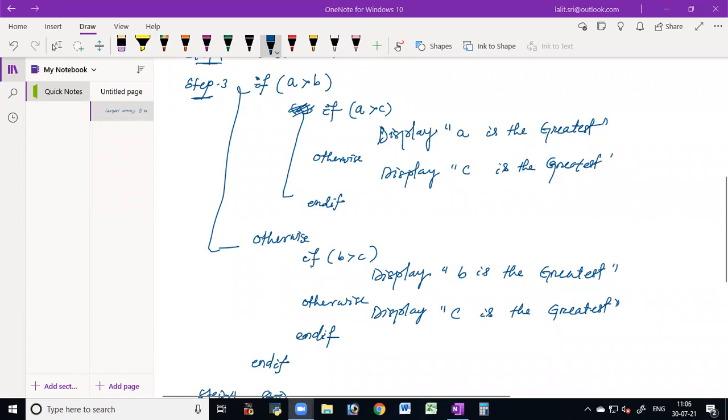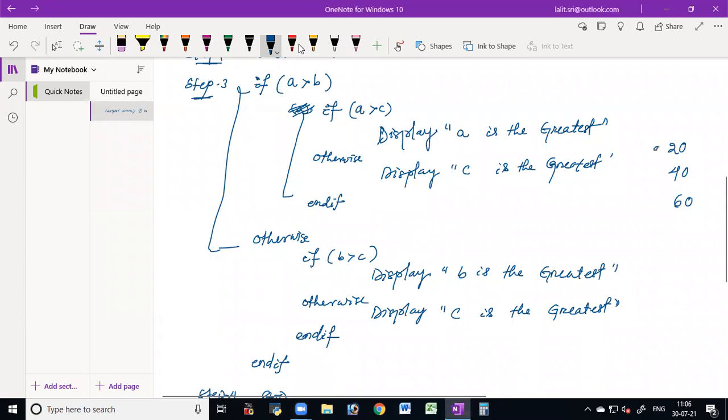20, 40, 60. Then 40, 60. Yes. 20, 40, 60. So here